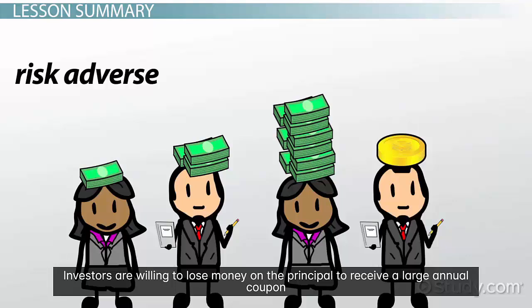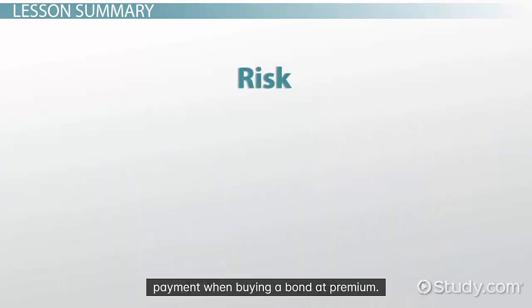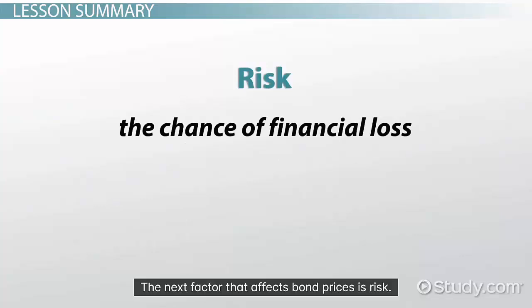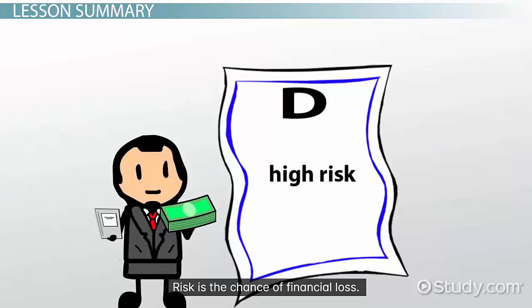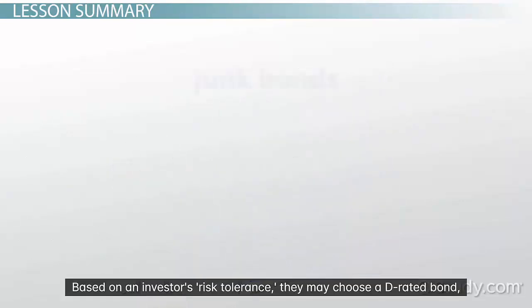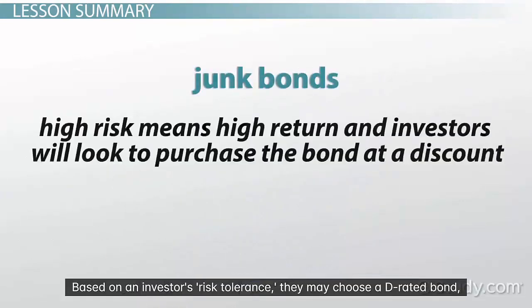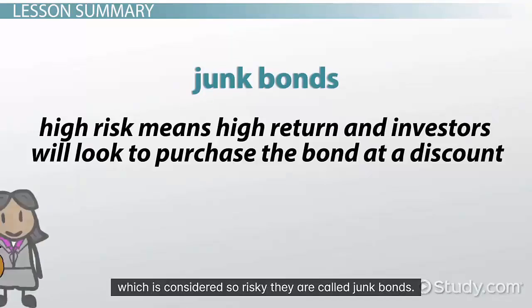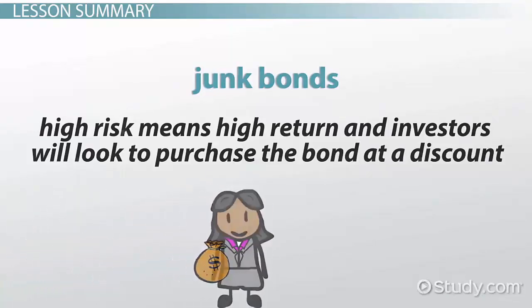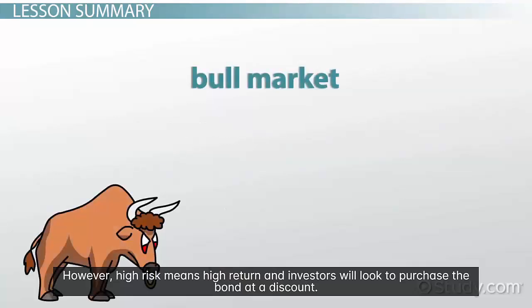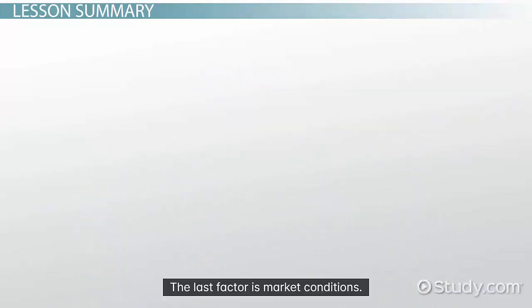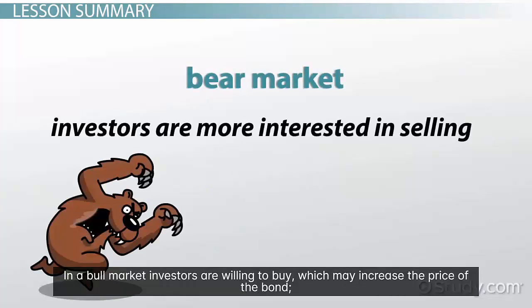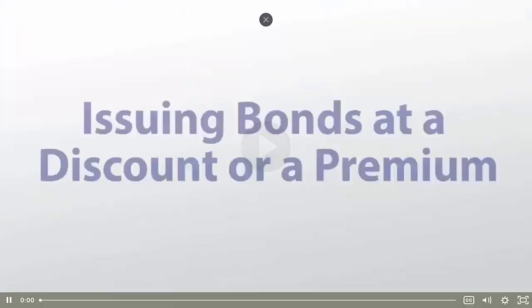Investors are willing to lose money on the principal to receive a large annual coupon payment when buying a bond at a premium. The next factor that affects bond prices is risk. Risk is the chance of financial loss. Based on an investor's risk tolerance, they may choose a lower rated bond, which can be considered so risky they're called junk bonds. However, high risk means high return, and investors will look to purchase the bond at a discount. The last factor is market conditions. In a bull market, investors are willing to buy, which may increase the price of the bond. However, in a bear market, investors are more interested in selling, which can have